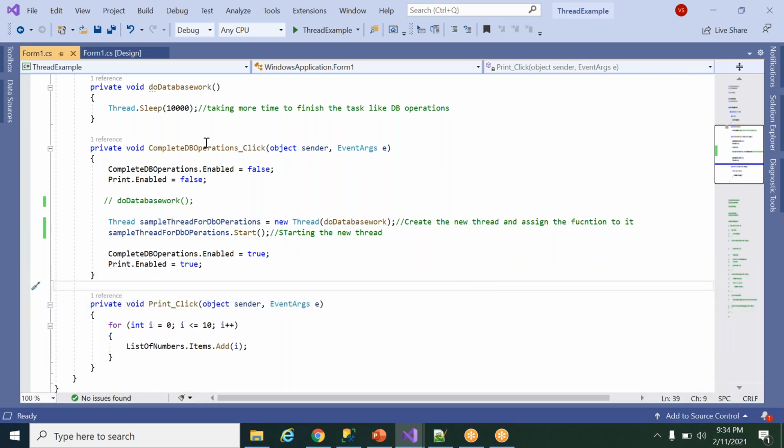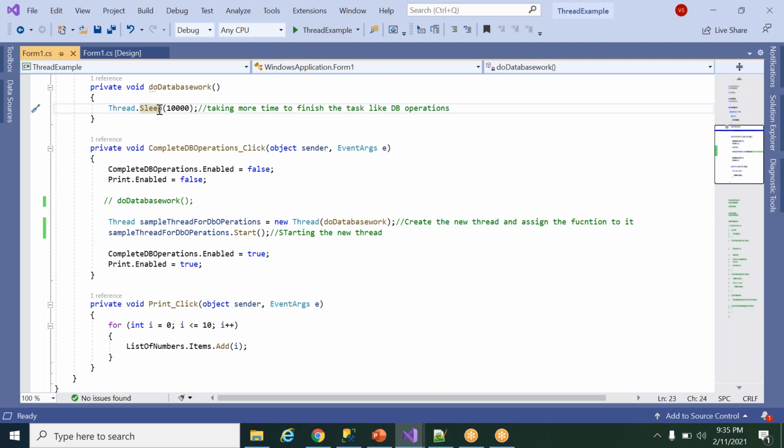Like I told you, in DoDatabaseWork I'm simply keeping this idle for 10 seconds, because on the database side, when you are fetching any records, maybe historical statements or something, it may take 10 seconds, or it may take 1 minute also. So only for that reason I'm setting that thread to sleep for 10 seconds, to explain it for better understanding.